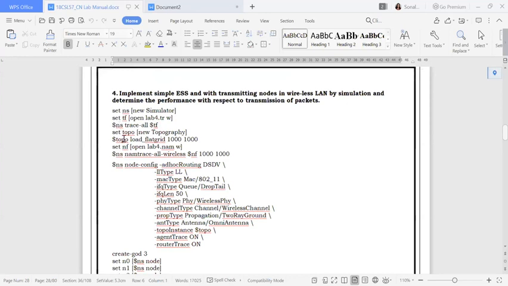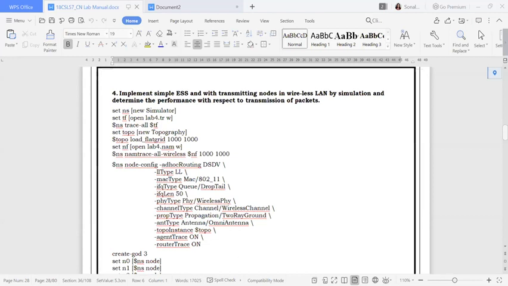Next, I told you that as it is a topography parameter we are using, we should use the name of the topography. Why are we using this topography? Because it will keep track of the movements of your mobile nodes.